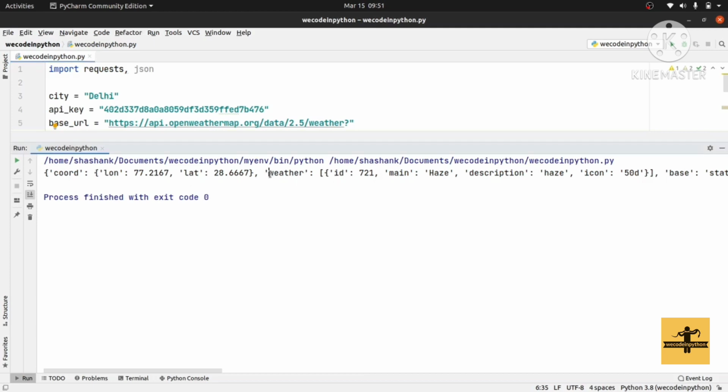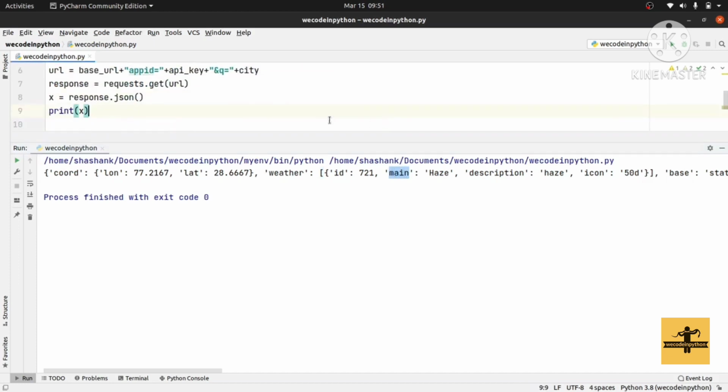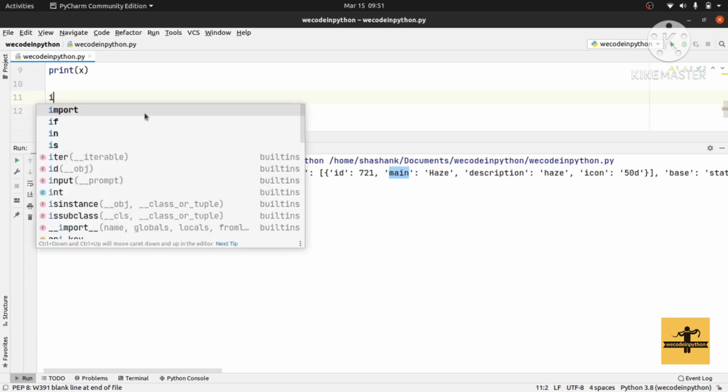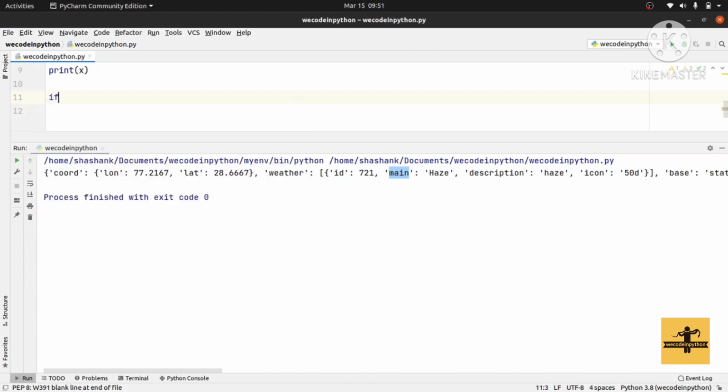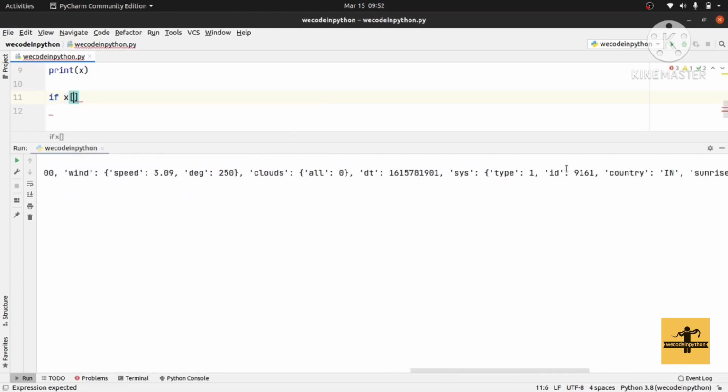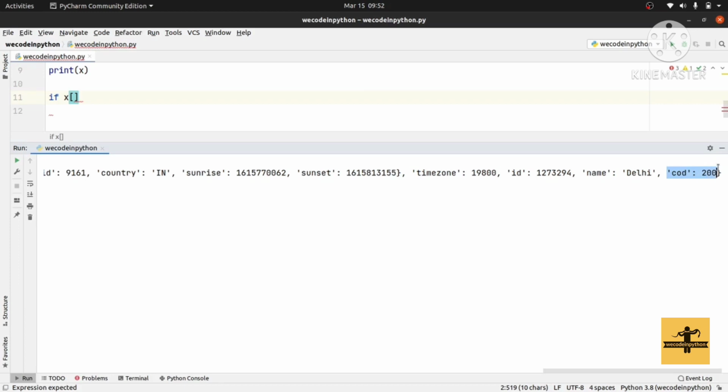In the weather, we have main. So what we can do, x is a dictionary, so we will use x, then brackets, and weather, then it is a list of dictionaries, so we will use the 0 index and then main.